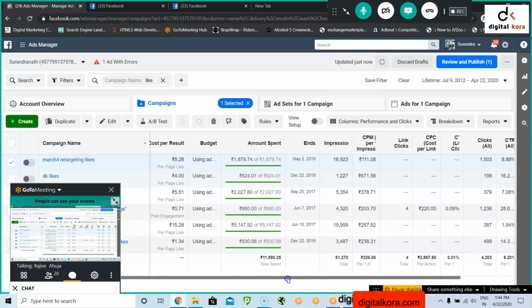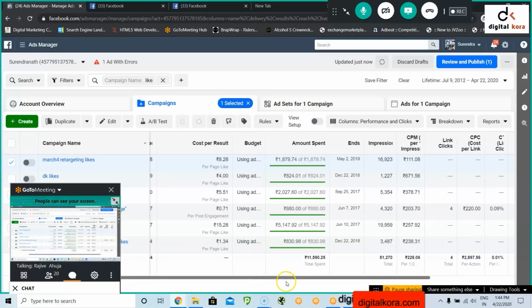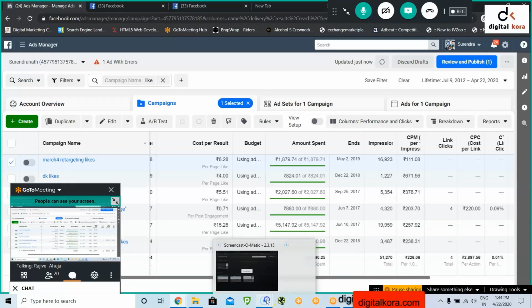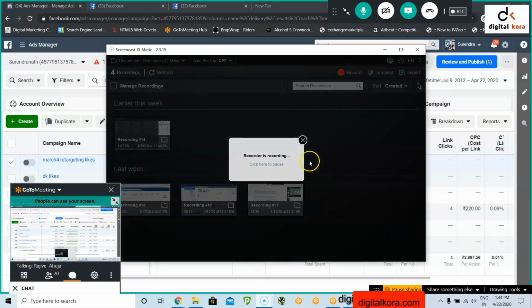Sridhar, just one basic question. If I am putting an ad in my Facebook as a post in my timeline, okay, and I am then using that ad, that post, and I'm